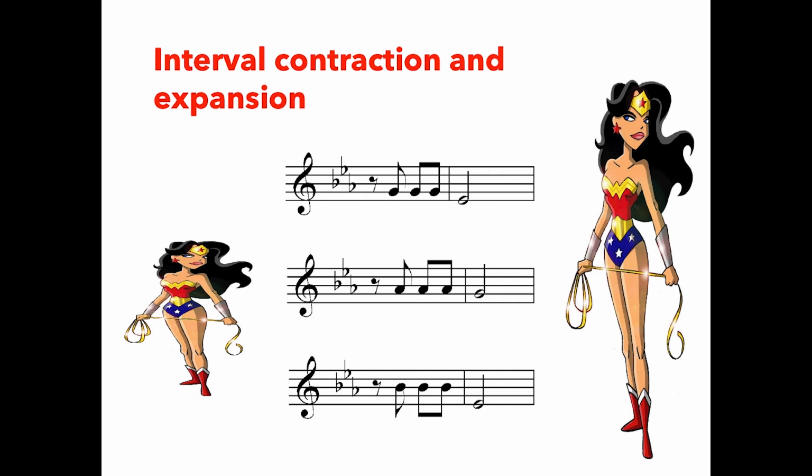The first example here is the original motif. There are 3 repeated notes and then a lower note. In the second example, the lower note is not as far down as it was compared to the first note in the original. The distance has been compressed. Whereas in the third example, the lower note is further down than it was correspondingly in the original motif. The distance has been expanded.